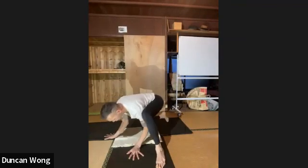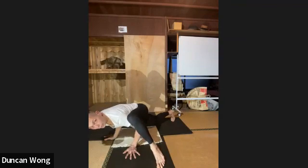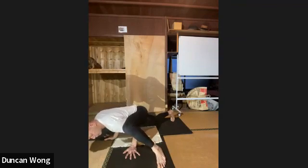Then lean your free arm on your rib. If you want to try to lean forward, try to rest your upper arm on your rib. Standing is okay. For 5,